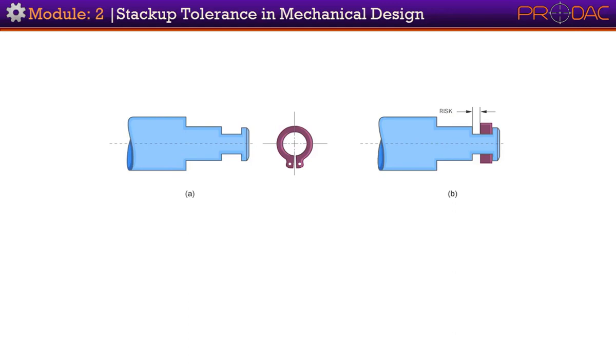Or if clearance is there, but not enough, the circlip may become tight in the slot. This gap is termed as risk to the design. So, our tolerance stack calculation must ensure that we always have an appropriate amount of clearance in this area.